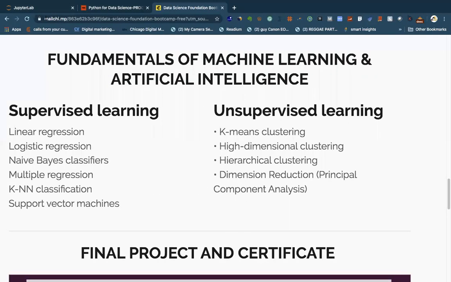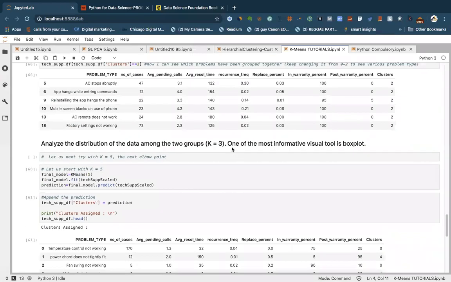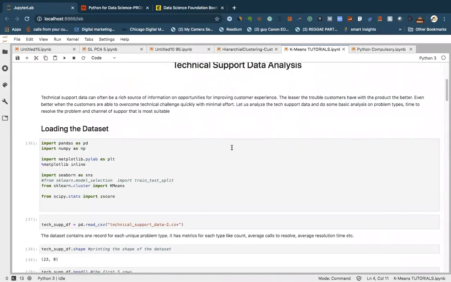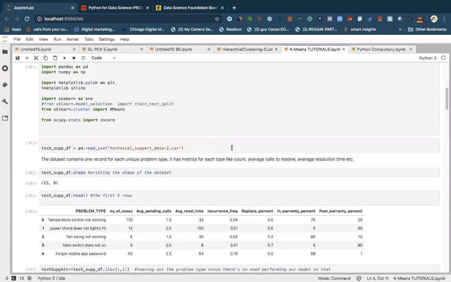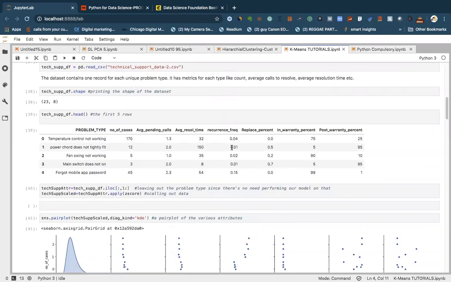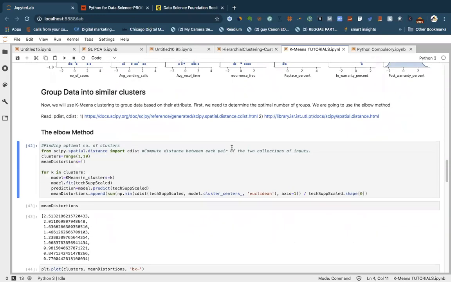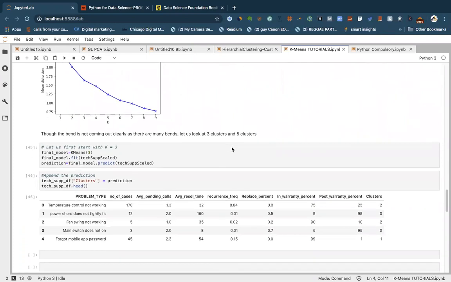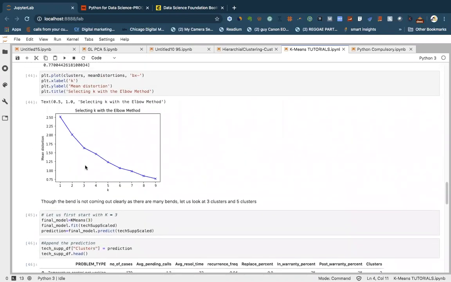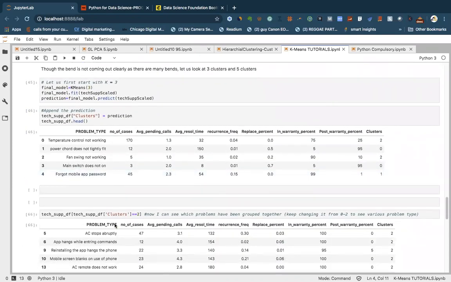If you remember the Jupyter notebook that we did, this is the technical support dataset that we dealt with, where some of the complaints we were able to group. We used the elbow method to figure out the number of clusters that we are supposed to get. And then after that,